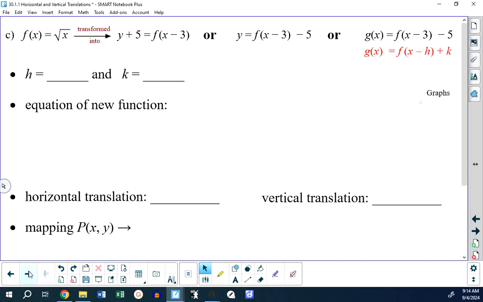Am I going too fast? Going too fast? Going too slow? Goldilocks, eh? Just right. All right. So